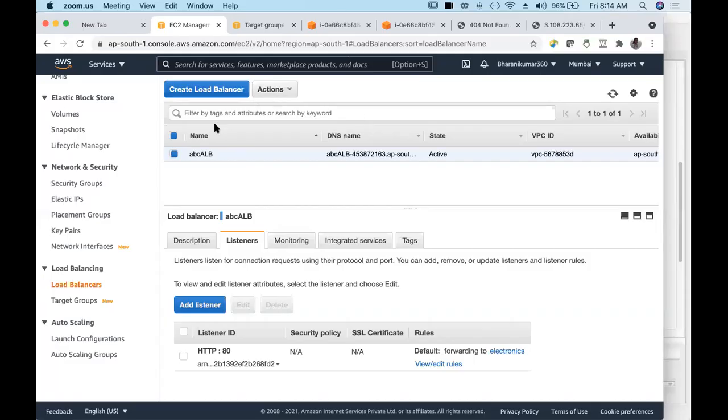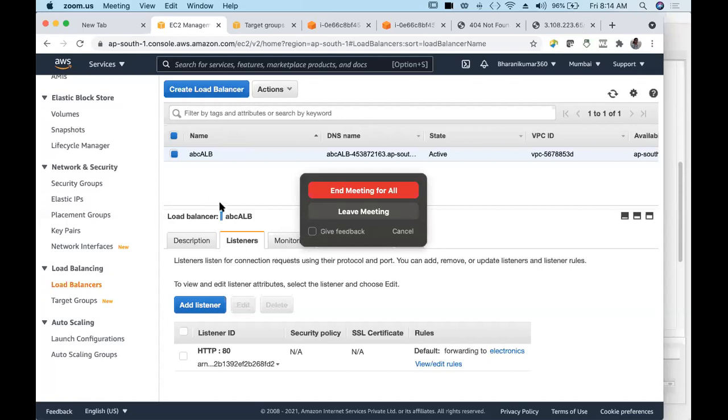Ma'am, is there any assignment for this week, ma'am? Assignment, do the things which we have discussed in class. In addition to this, try with the classic load balancer. Let me share my screen. We discussed the application load balancer, right?